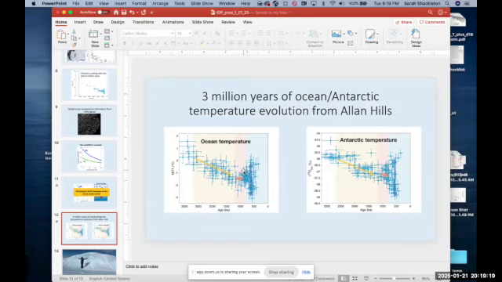So this is something that we have been pondering ourselves. But one thing that we do know is that these intervals are highlighted in these different colors. And I didn't take the time, sorry, to explain what they were. But what we find is in the last roughly 800,000 years, we get an increase in the amplitude of glacial cycles. So the warmest intervals and coldest intervals, we get an increase in their amplitude. And so that might be part of the explanation that we're seeing here. It's consistent with